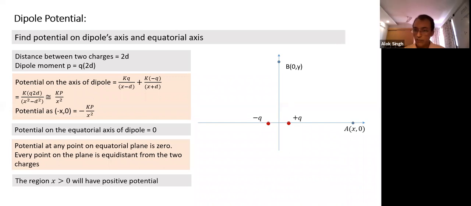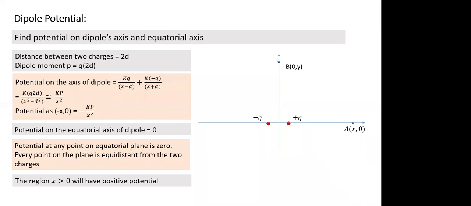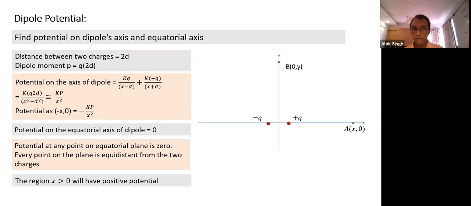Shweta, can you tell me what is the potential on the axis of a dipole at a distance x? You don't know, we forgot that one. Bhagishri, what is the potential on the axis of a dipole? Sir, minus kp by x square plus kp by x. No, not correct. Nitya?